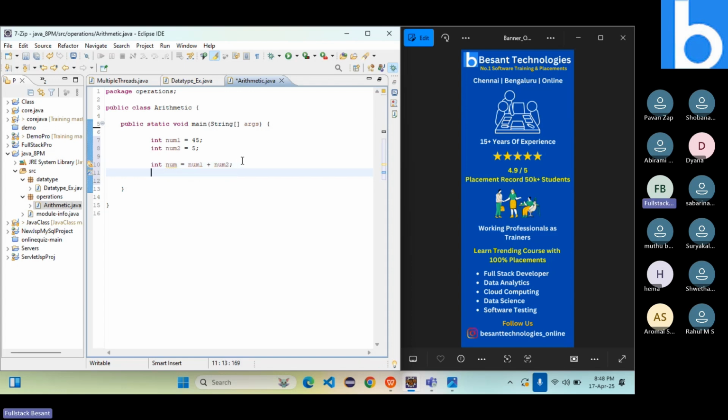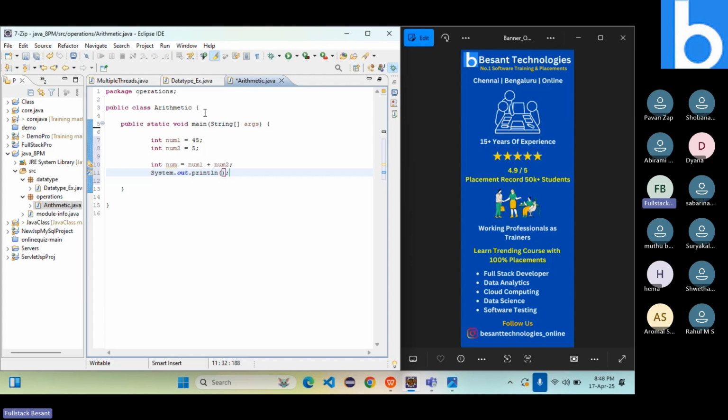If I do this, both numbers, number 1 and number 2, will be added, but it won't show me an output because I have not given any print statement. If I give a print statement, only then will it show me an output. So to show an output, I am writing the print statement